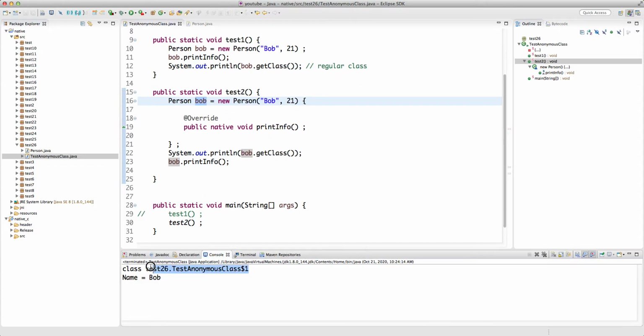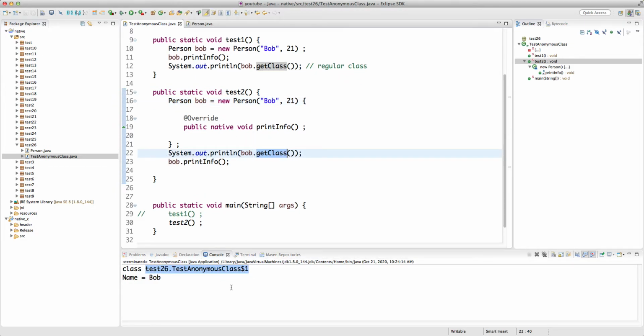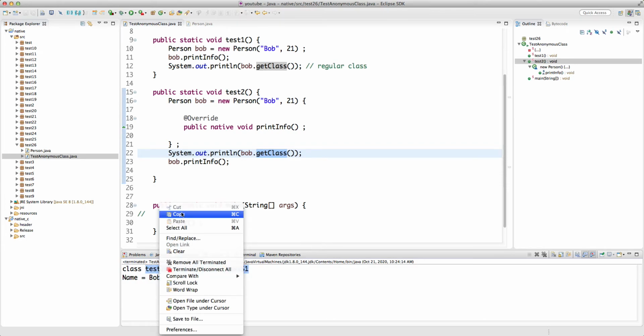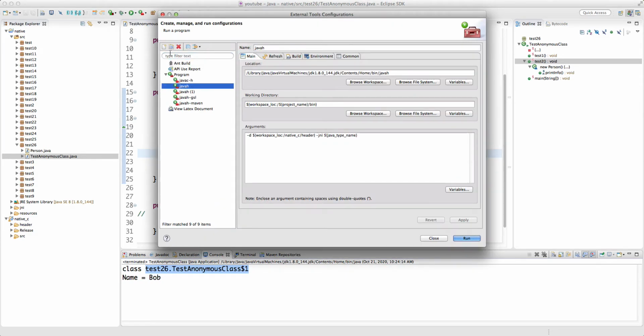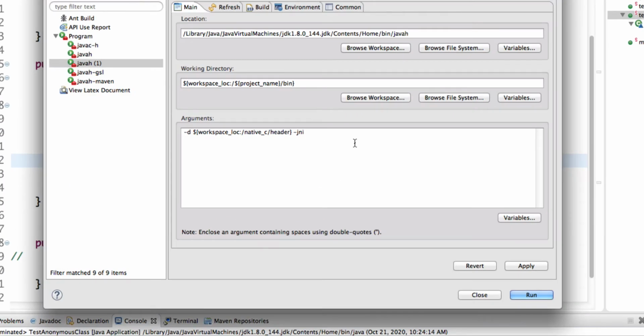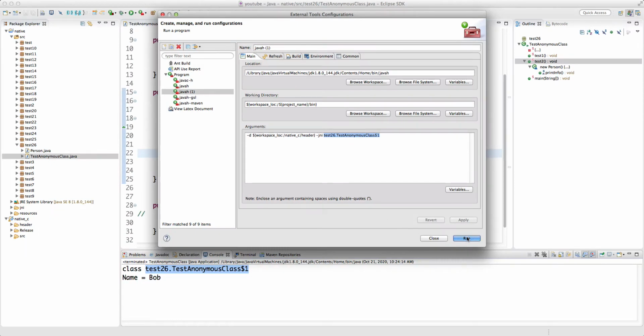So what I'm going to do is take this external tool configuration, copy it, select the javah one and duplicate it, which I've already done. Everything is the same except that instead of saying Java type name, I manually ask javah to run on this particular class file, which is test26.testAnonymousClass$1, which means I'm manually asking javah to run on this anonymous inner class. All right, if I run this,